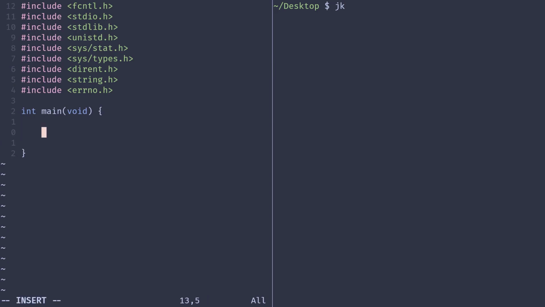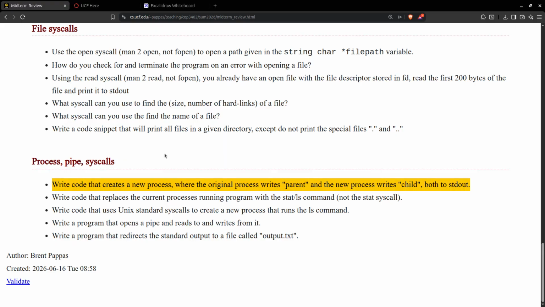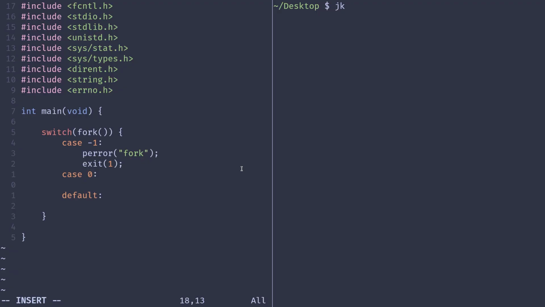So what syscall do we use to create a new process? So we'll say switch fork. What is -1? Error. So we'll say perror, fork. What is the child? 0. The parent's going to be default. So in the child, we want to say child, so we'll just say printf child, and in the parent we'll say,